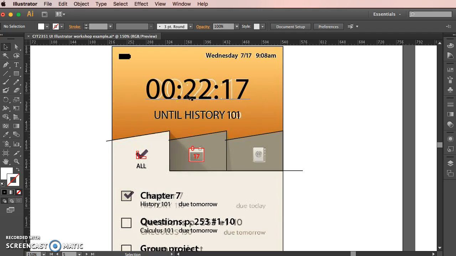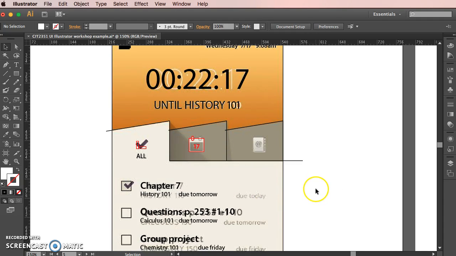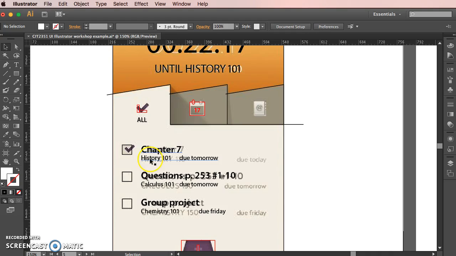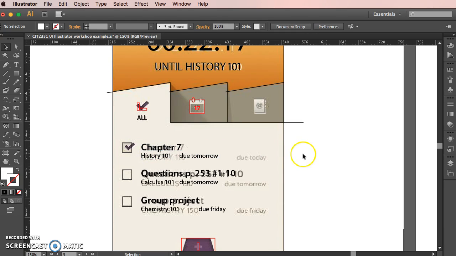By default on my computer, I don't have the right fonts here, so you can see that these don't look right. I've just put in the text for now. I think I've got this bit slightly the wrong way around. But I've basically blocked out some of the text, putting it into places and trying to work out the layout. You can see I haven't got the tabs working. Then I've also used the pen tool